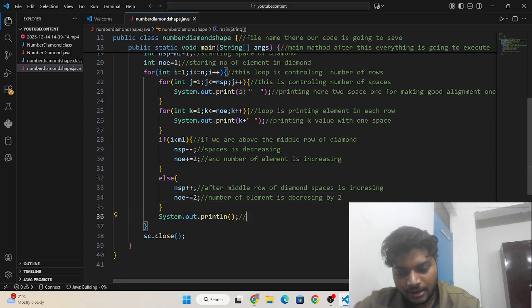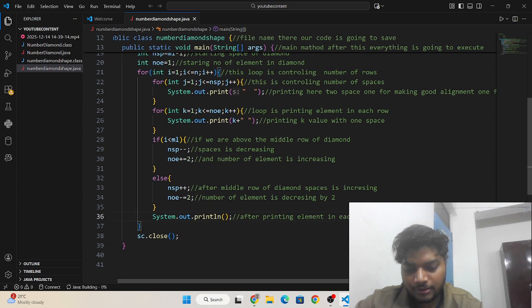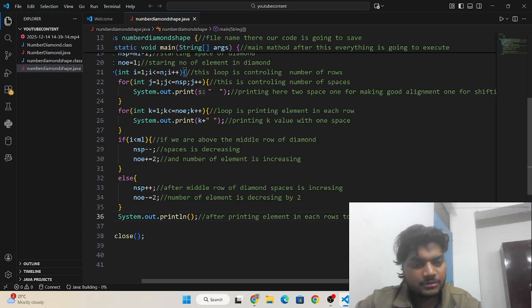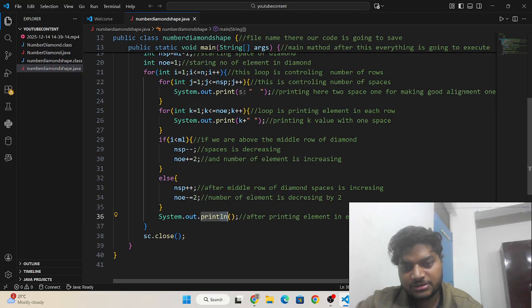And after printing the elements in each row, to move the cursor to the next row, I have written here println. Okay, ln means it is used to move the cursor to the next line.